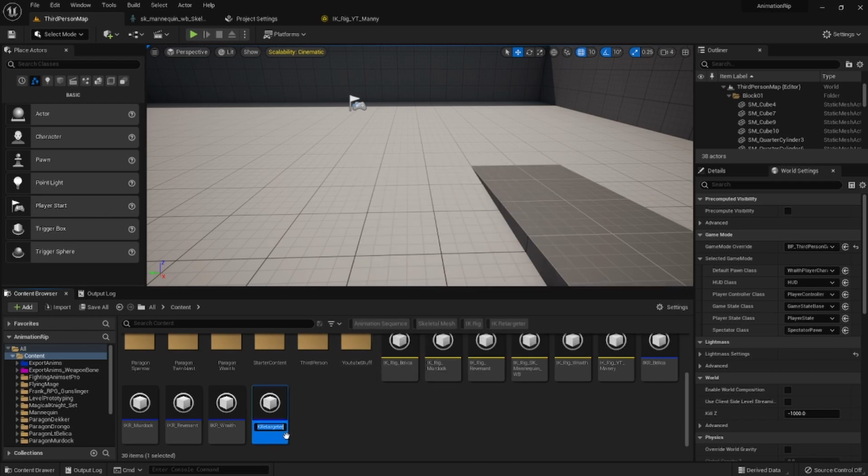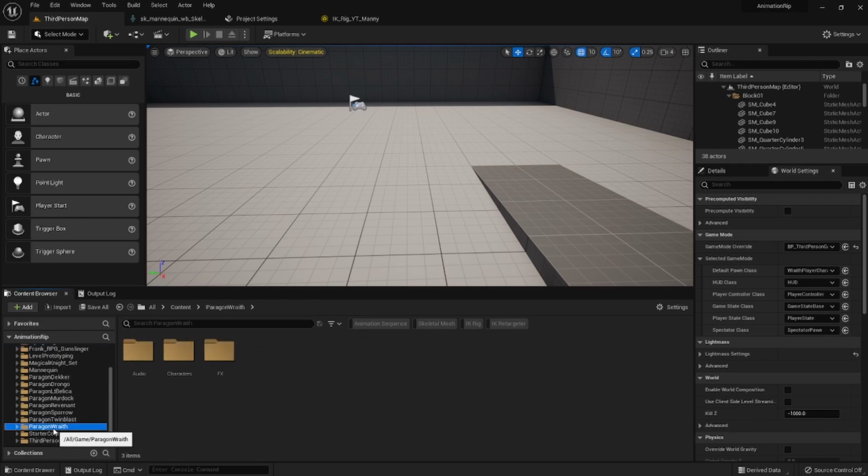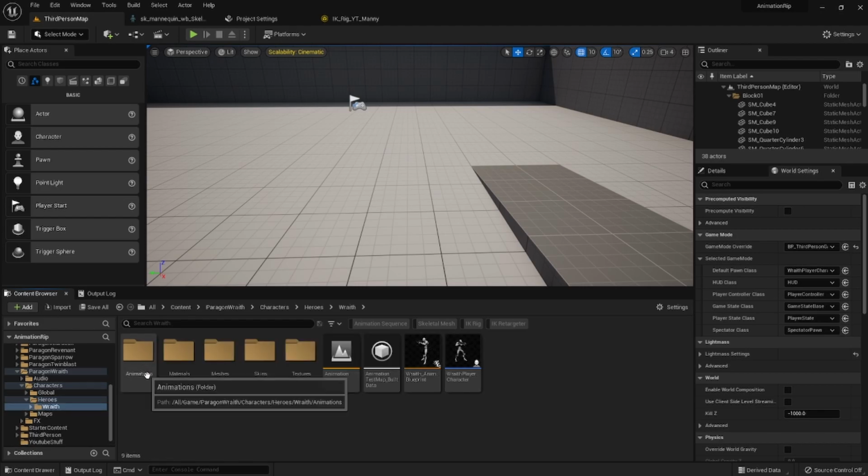We didn't create the Wraith rig, but since I created the Mannequin rig with you guys, you can kind of figure out how to create the Wraith rig. And I'll show it so people can't say, oh, you didn't do that part. So basically what I did, of course, I imported the Paragon Wraith asset into this project. You need the animations from somewhere. So you go into Heroes, Wraith,